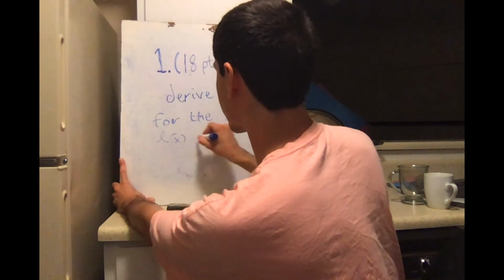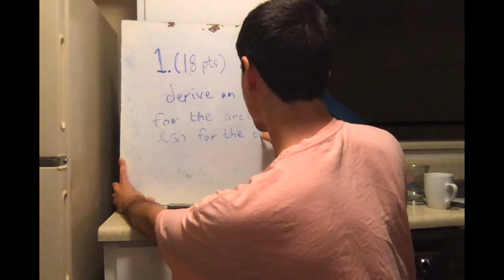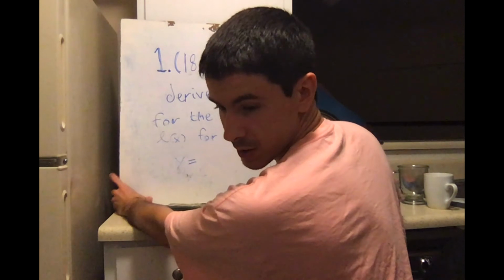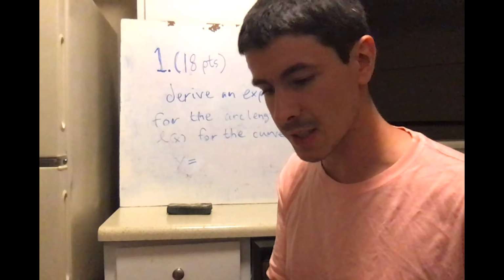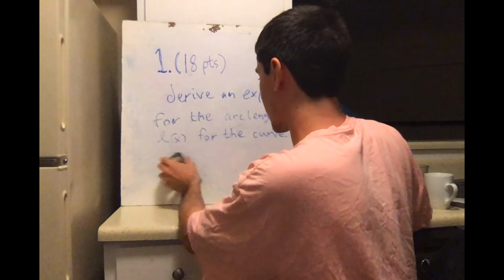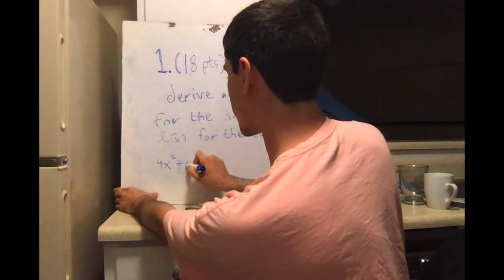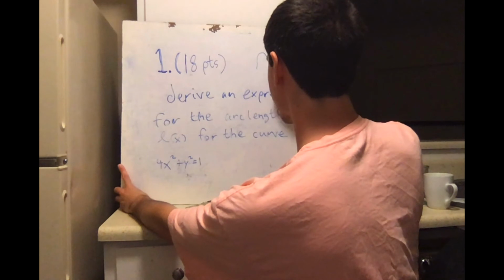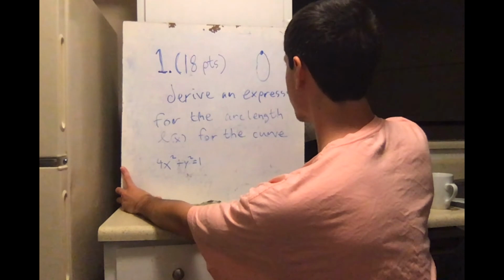L of x for the curve y equals, this is going to be this ellipse that I mentioned. The ellipse that I mentioned, which is 4x squared plus y squared equals 1. But I'm going to ask for the top branch of the ellipse, so it's going to be the arc length integral